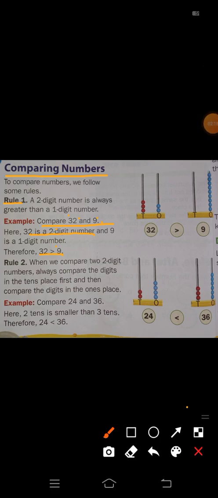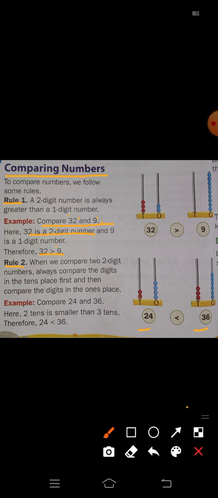So second rule, rule 2. When we compare 2-digit numbers, always compare the digits in the tens place first, and then compare the digits in the ones place. When we are comparing 2-digit numbers, where both are 2-digit numbers, how do we compare which number is bigger and which one is smaller? That time we have to check it first